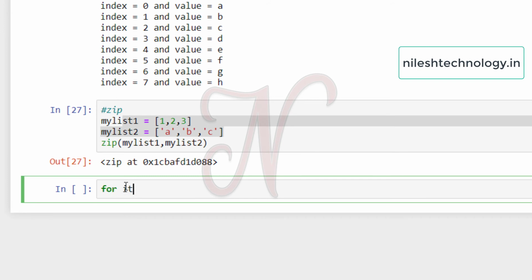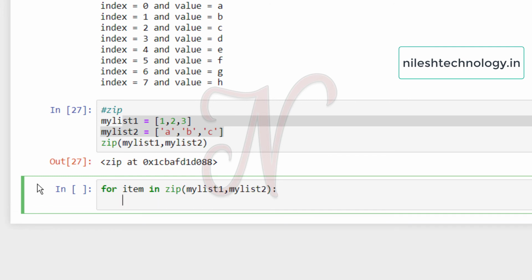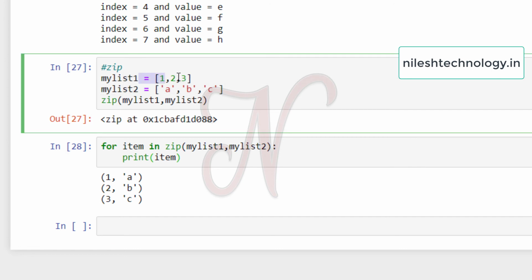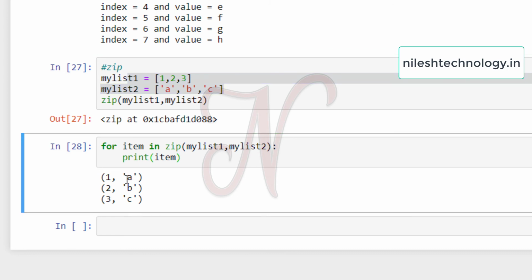So for item in zip, okay, pass here the two lists my list 1 comma my list 2. Okay, then print here the item. So my output is that 1A, 2B, 3C. So 1, 2, 3 are the values of the first list, A, B, C are the values of the second list. Zip means combine these two lists into tuples. Okay, and all of these three items are printed here.